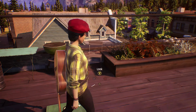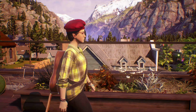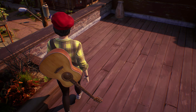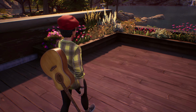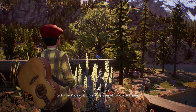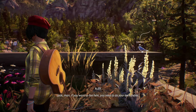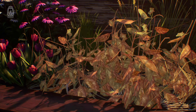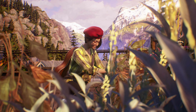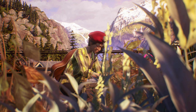Because again, you make choices that will directly impact this town and the people within it. It is a game driven by this narrative, and you're trying to figure out what happened. Something goes really, really wrong. At first, you're somebody who has been going from place to place, having a hard time, and now you're reuniting with some family,